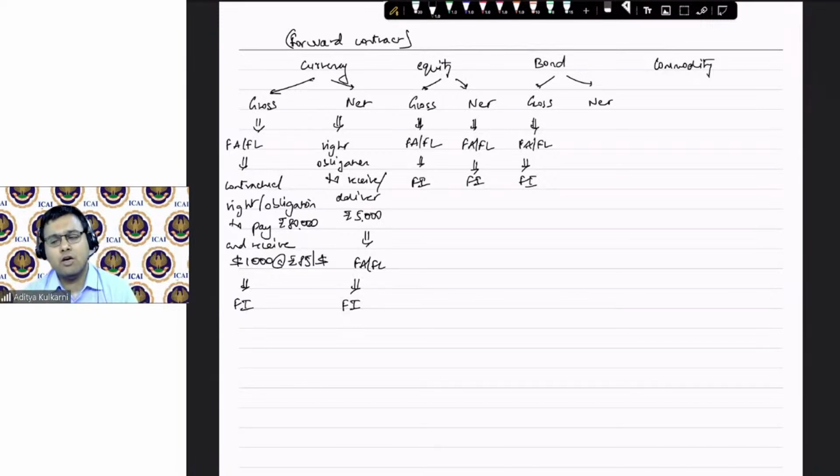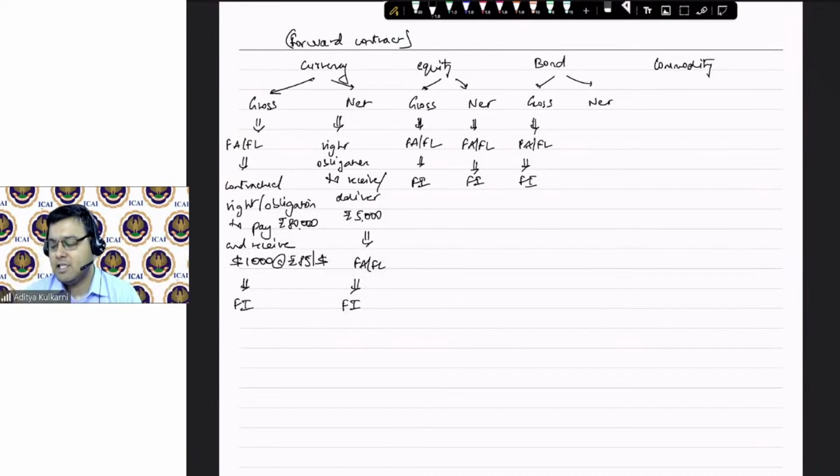So the gross settlement will require that the bond worth 1100 be delivered to you. And in return, you will be paying 1000 rupees. So for the counterparty, there is an obligation to deliver the bond to you. An obligation to deliver the bond of another entity means delivering another financial asset. The financial liability definition is a contractual obligation to deliver cash or another financial asset. Okay, so he has an obligation to deliver the bond to us.